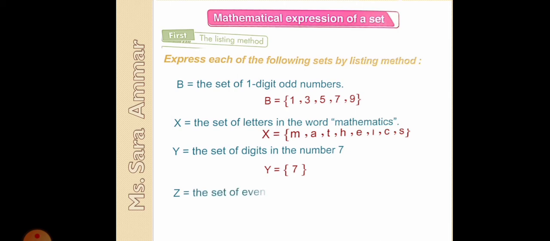And another example, the set of even numbers. Okay, do you remember this? The even numbers? The smallest even number is? No, not 2. It's 0. 0, then 2, 4, 6, 8, 10, infinitely. We don't stop. We don't know what is the greatest even number. So, how can we write such a set? It doesn't have an end.